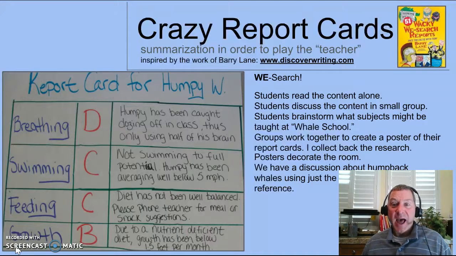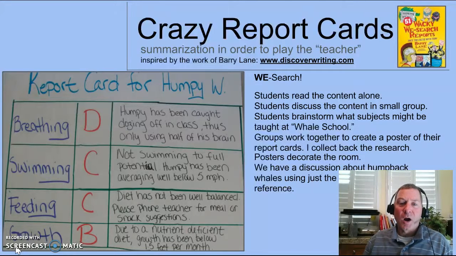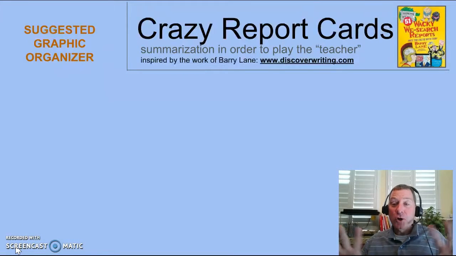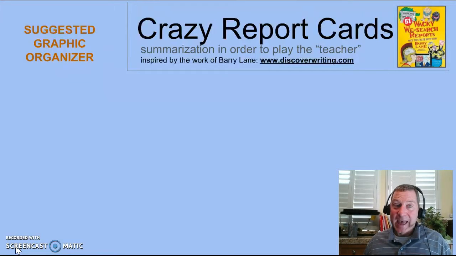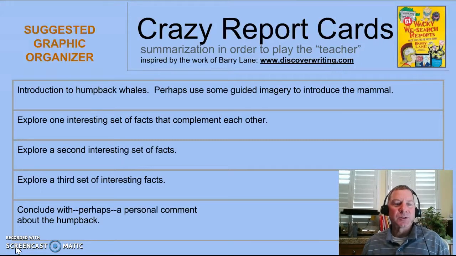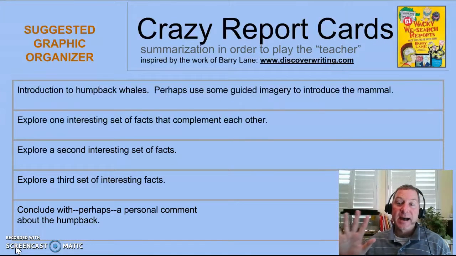We have a discussion as a class using just the words on the report cards as our reference. The article got taken away, so when we have that discussion, they cannot just go back and read a fact off of the original article. And then when we're surrounded by all of these posters that have all these interesting facts, I give them a suggested graphic organizer. This is great for your mastery learners. I do tell my students that they don't always have to follow the graphic organizer I gave to them, as long as they can create an organizer that organizes themselves. But here's a nice standard one I would give my students that would set them up to write a 5-paragraph